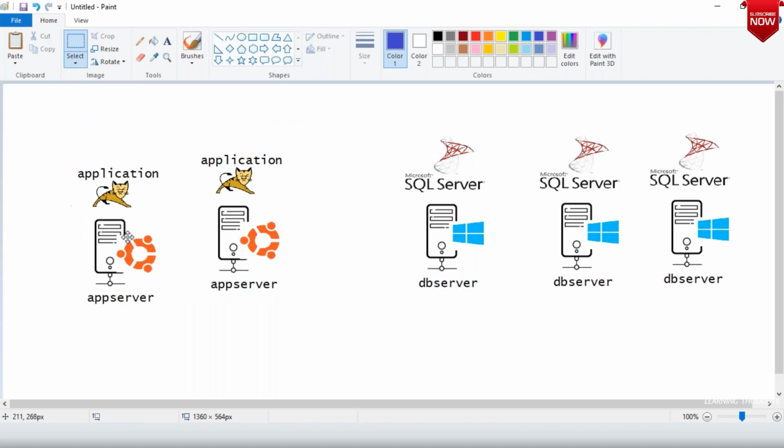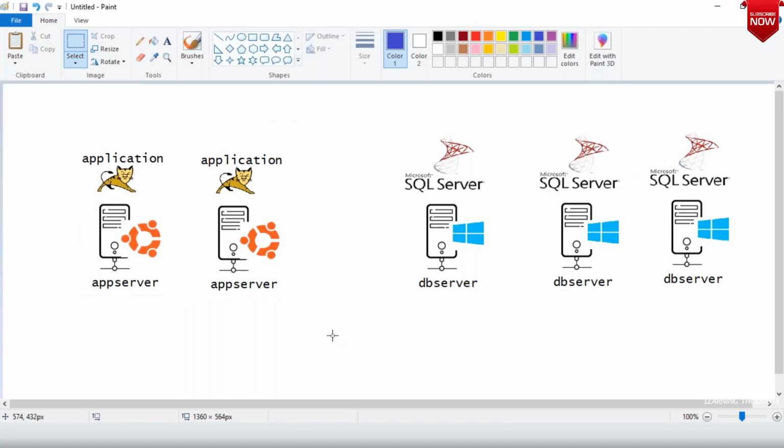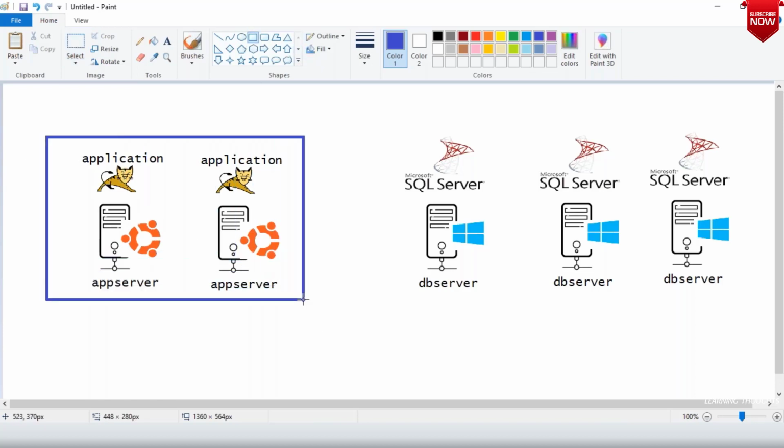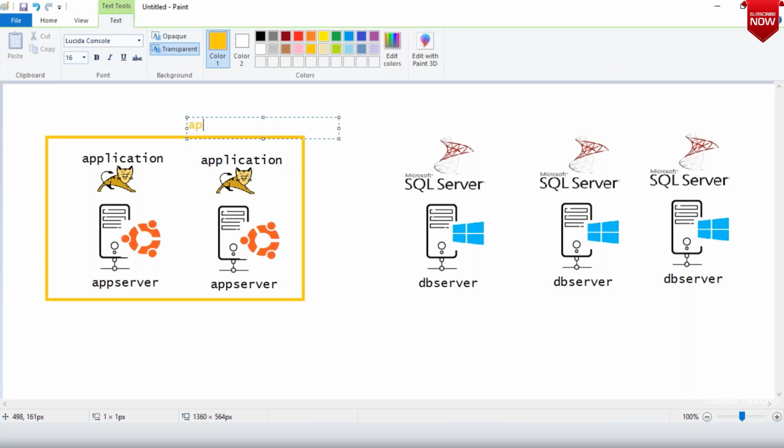I might have some application servers. I might have some FTP servers. You might have many different things. So Nagios tries to create, let me use a different color over here, something called a host group. You can give a name to a host group.